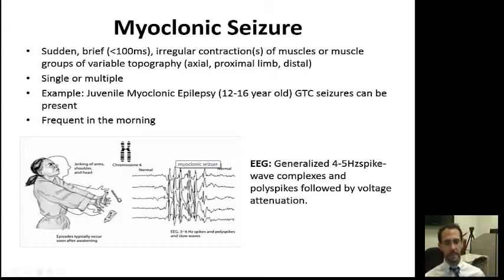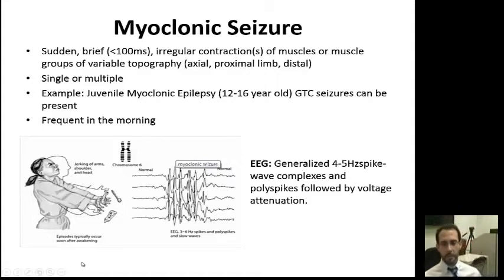This is an example of a picture of a lady dropping a toothbrush early in the morning while in the bathroom, and that's the typical description that we give in the clinic. You just go to the bathroom, and then they have this episode all of a sudden. The EEG typically shows a 4 to 5 hertz spike wave complex, and it's pretty much a generalized pattern. It's not following just one single pattern.